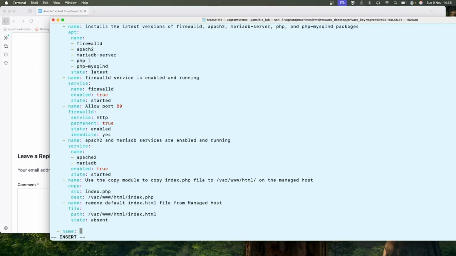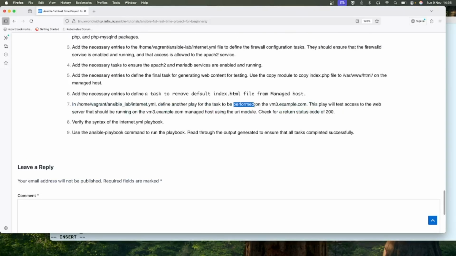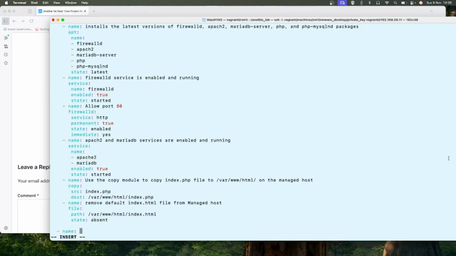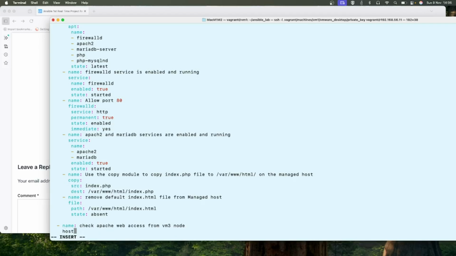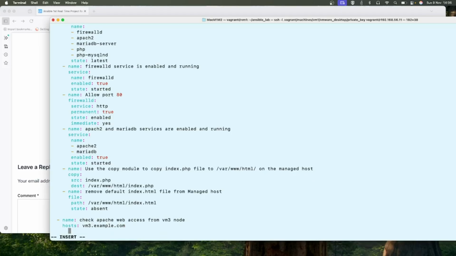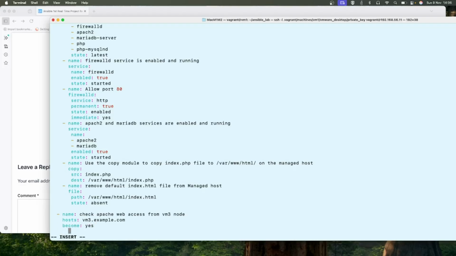and the name of the play, you can give it in your own way, but I will give perform, simply I will give, test Apache web access from VM3 node. So here you need to put hosts, that will be vm3.example.com, and become, that will enable the privilege escalation, yes,